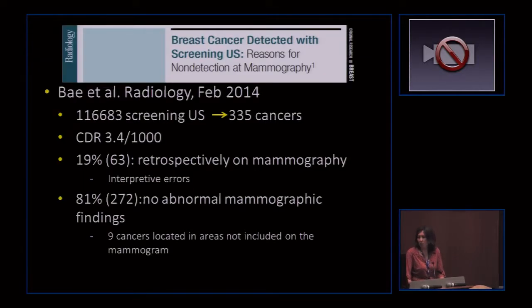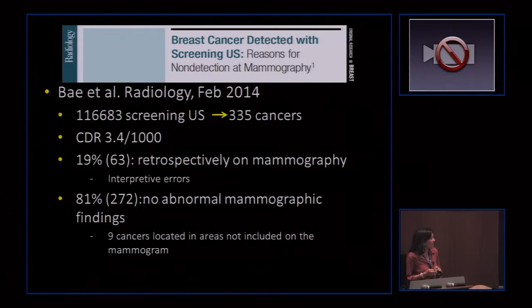There was a study published last year that looked at breast cancer detected with screening ultrasound and the reasons for non-detection at mammography. So this study basically shows that screening ultrasound can detect cancers that mammography misses. There were over 100,000 screening ultrasounds and 335 cancers diagnosed with ultrasound. The cancer detection rate was 3.4 per thousand. And they looked at these cancers and found that nearly 20% were seen on the mammogram and were missed due to interpretive errors, because reading mammograms is difficult. But the majority, 81%, had no abnormal mammographic findings, even in retrospect,